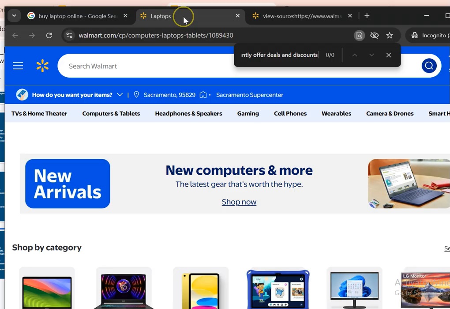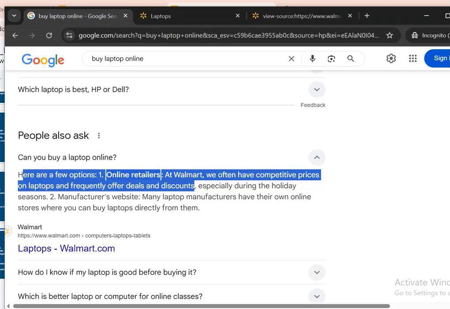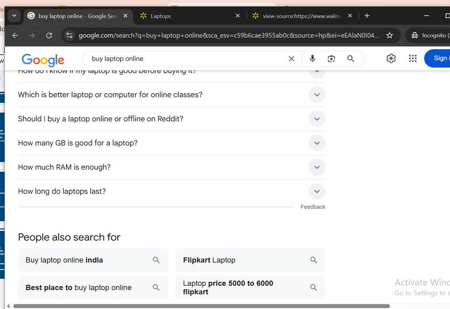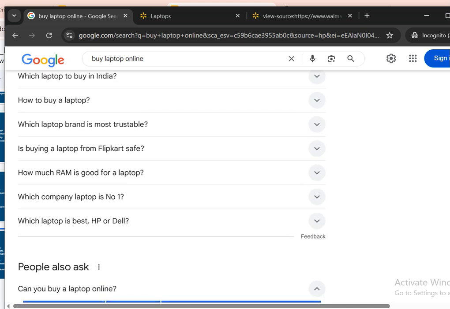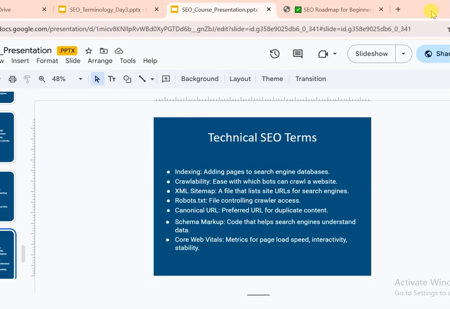I will show you in our next sessions what schema is and how schema should be implemented to rank here. But for now, just understand what schema is.